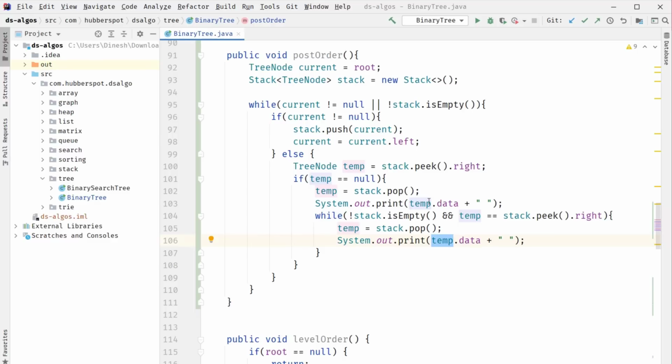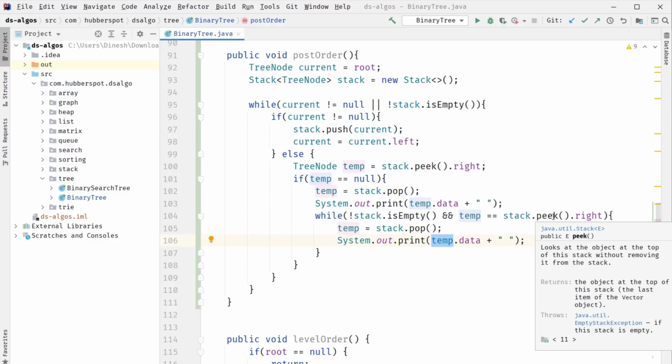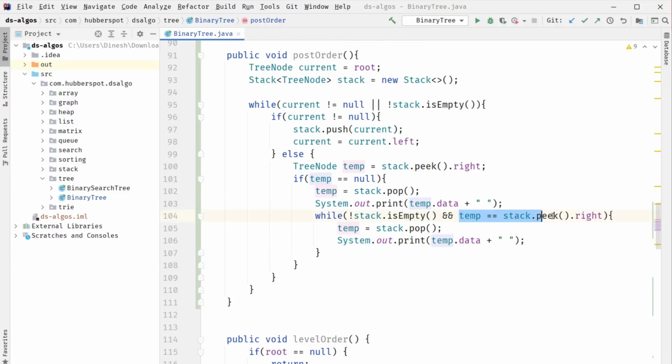So we need to provide this while loop because whenever we are visiting any element by printing it on the console here or here, we need to simply perform this check: was what we visited at the right of its parent or at the left of its parent? So if it is on the right of its parent, which is this condition, then we'll simply keep on popping the element out and printing its data. Because in post order traversal, this is the main step, that once the right child of any node is visited, only then can we visit the parent. So this condition is signifying that only.